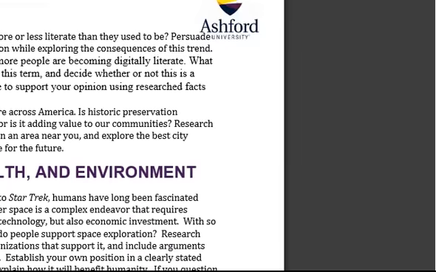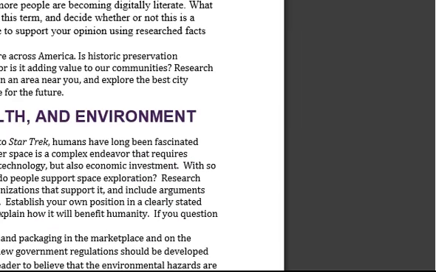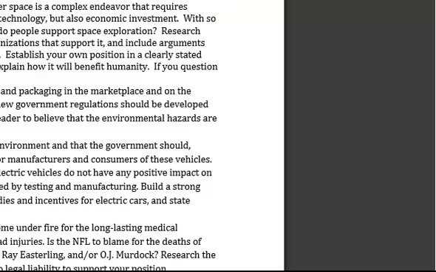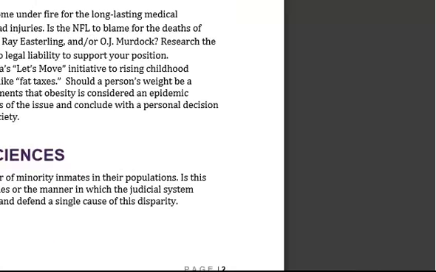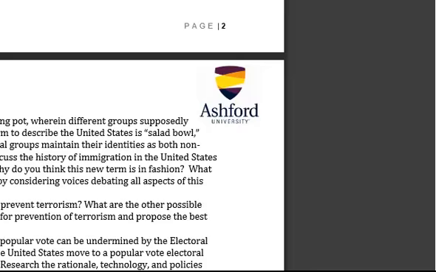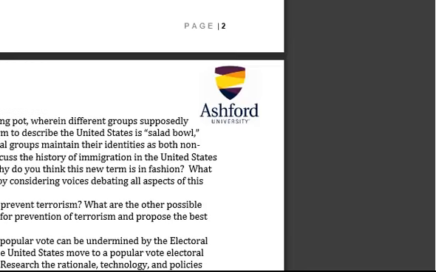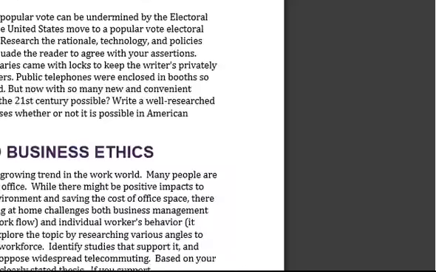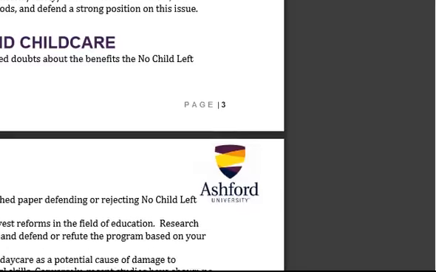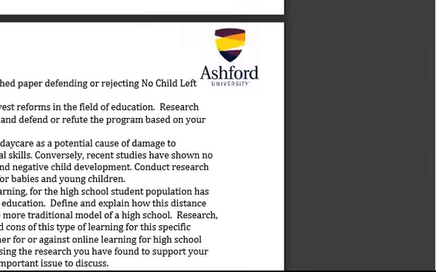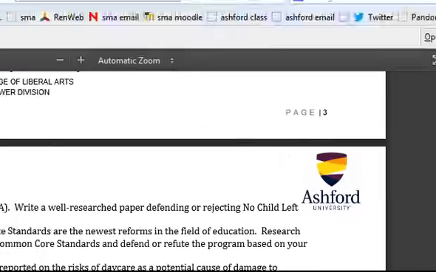Everything that we do in this class is geared towards writing a single research paper. All of the possible topics that we're given to choose from are on this research paper guidelines document. So for your possible topics, check there. This is where you need to get the topics from.